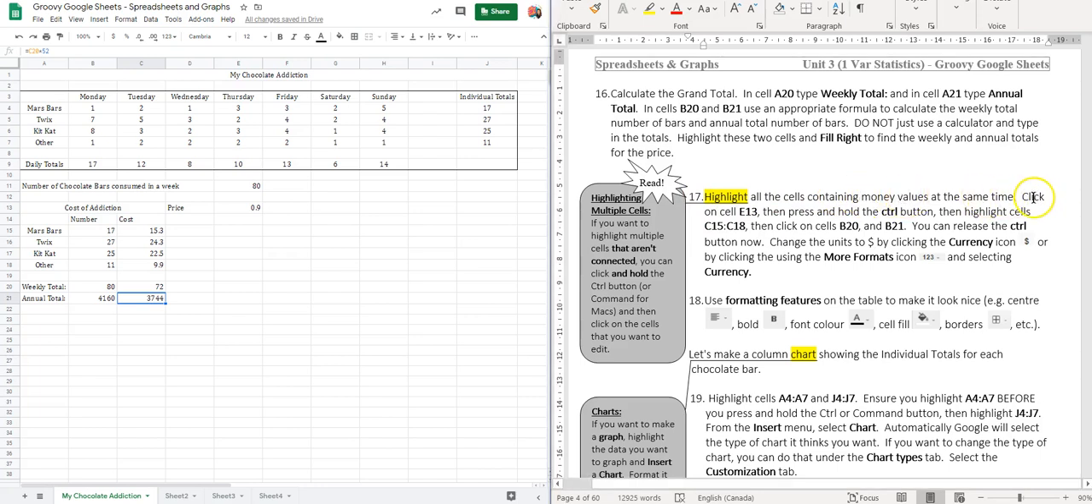So to start with, click on cell E13. So click on the first cell you want to highlight, then press and hold the Control button. Then highlight cells C15 to C18. You release the mouse button, keep holding Control. Then click on cells B20 and B21. Once you have highlighted all the cells that you want to highlight,